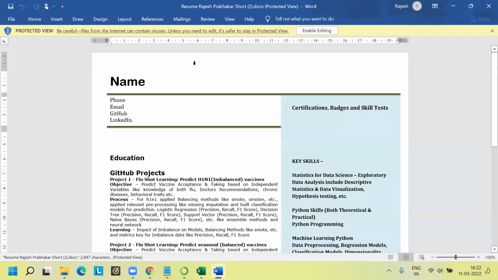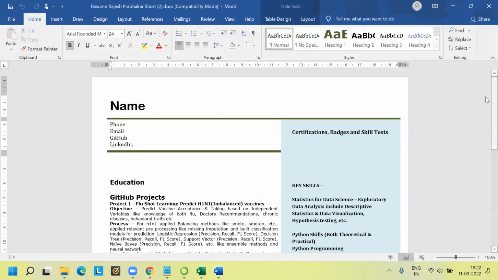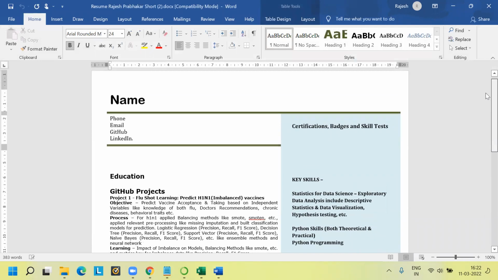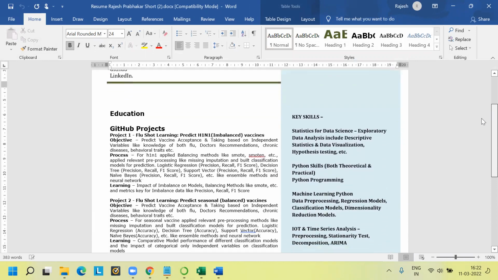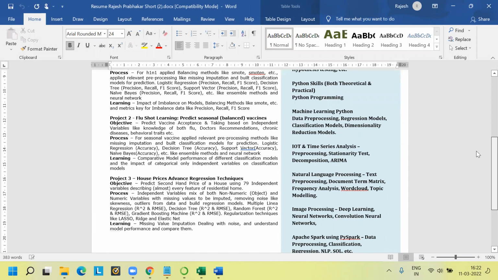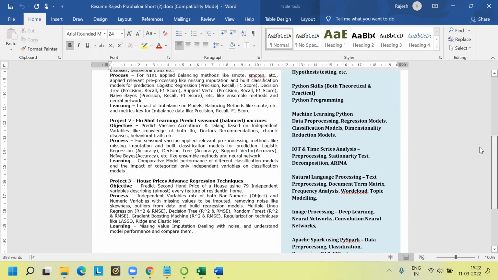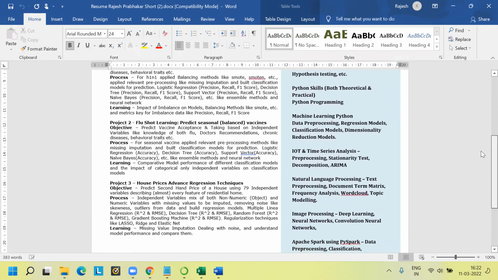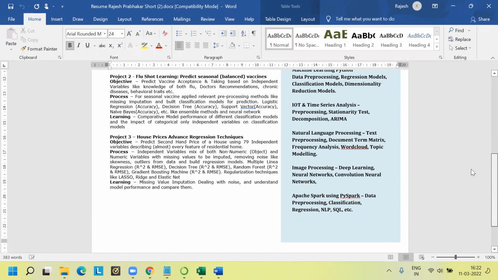This is a one-page format which I gave for PGA 16, 17, and 18 guys. 15, 16, 17, 18 one-page resume. So your name, phone number, email ID, GitHub link, LinkedIn profile link, and then your GitHub projects. Project 1, project 2, project 3 with explanation, objective, process, learning. And then on the right side, your skills, statistics, Python skills, machine learning, IoT, time series, natural language processing, image